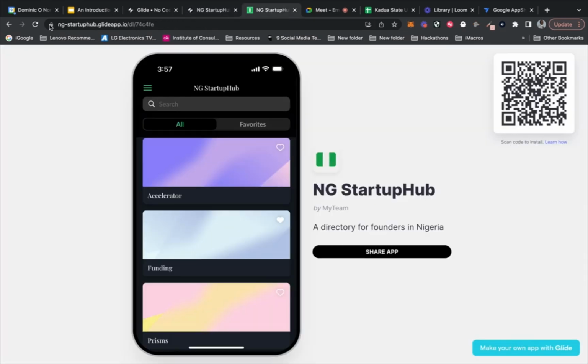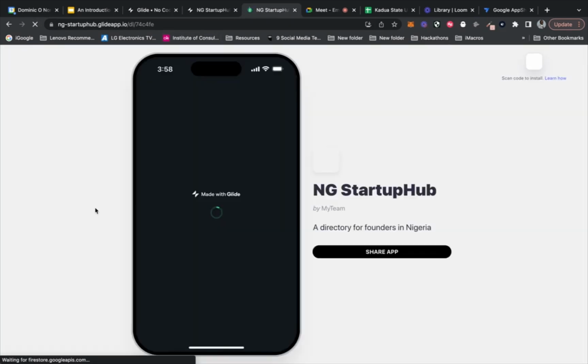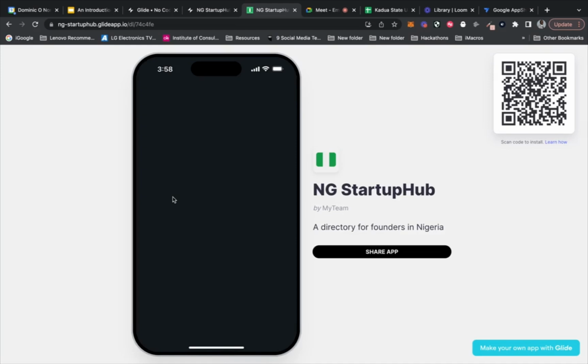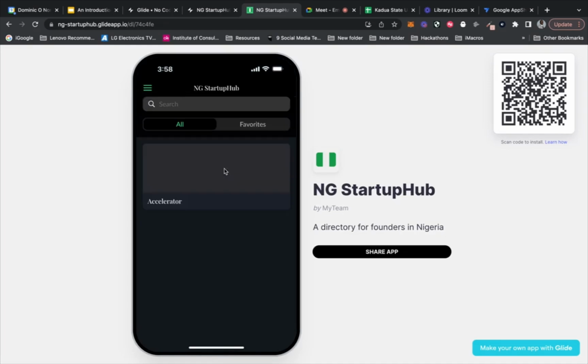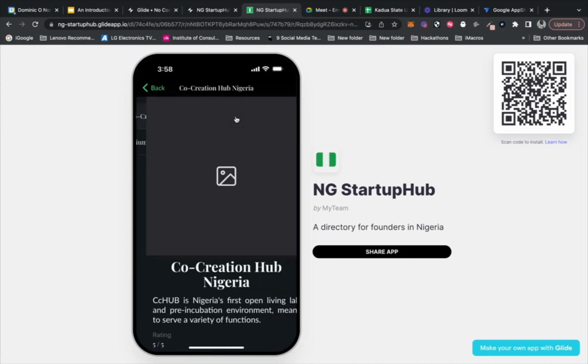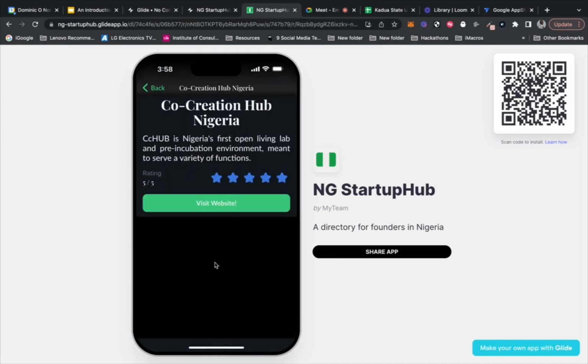So what we actually have now, if we go back, I'm just going to refresh this to make sure it reloads correctly. So we click Accelerator, we click here, and we scroll down.